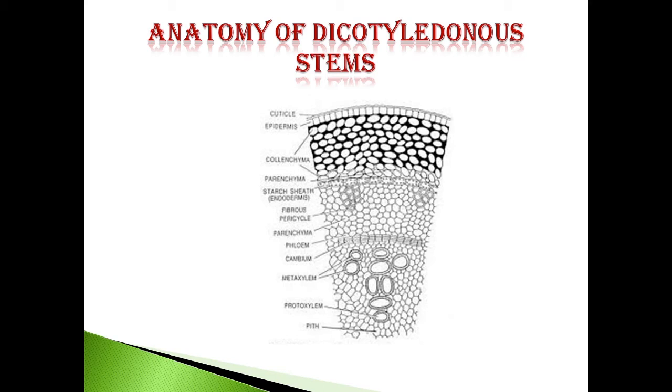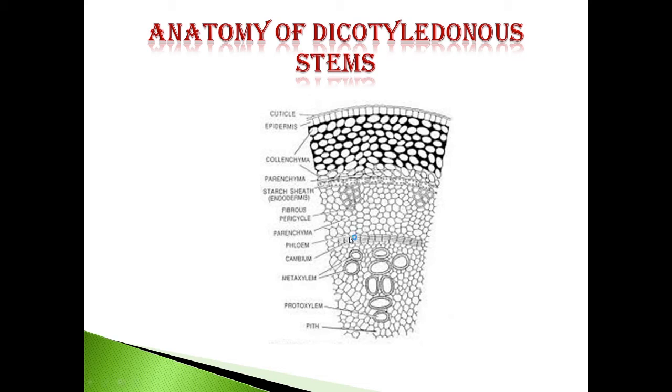The next is the vascular bundle. This vascular bundle is again a region of the stele. The vascular bundles are arranged in the form of a broken ring. Each vascular bundle has three parts. The part nearest the center of the stem contains thick-walled cells known as xylem. The peripheral portion of the bundle is composed of cells known as the phloem.